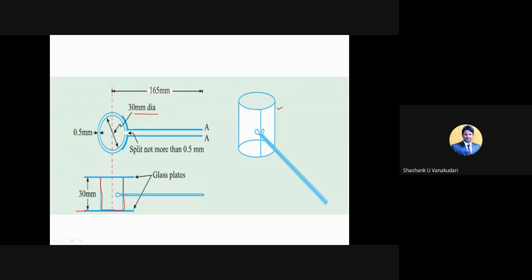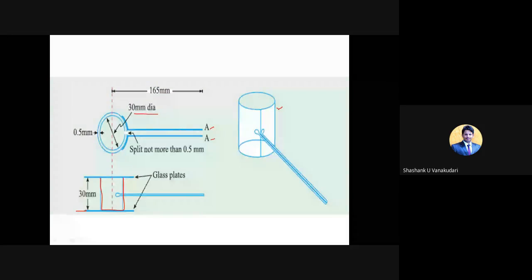On the other side, you can see they are attached with two indicators, one and second. The length of these indicators is 165 mm, and they have pointed ends. Now what we need to do: first we take a known quantity of cement, and then add a water content of 0.78. There 0.85 is used for initial setting time, and P by 4 plus 3 is used for compressive strength.